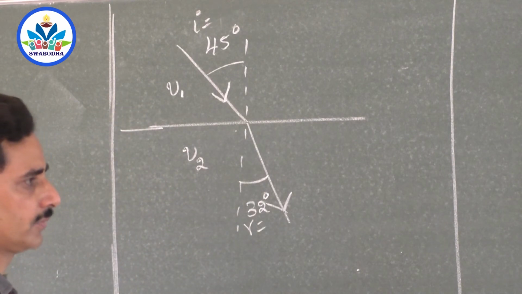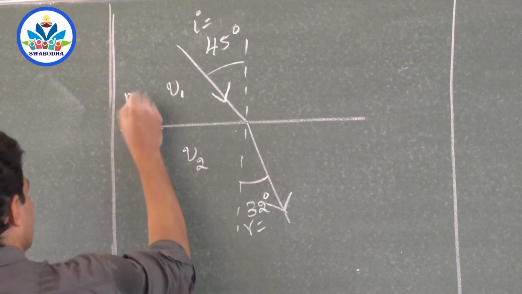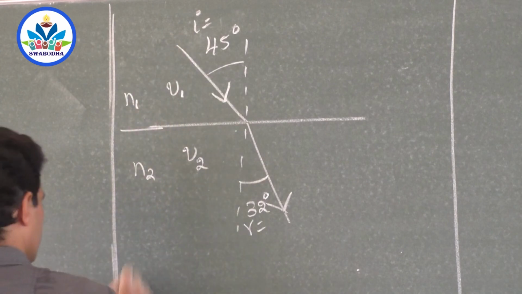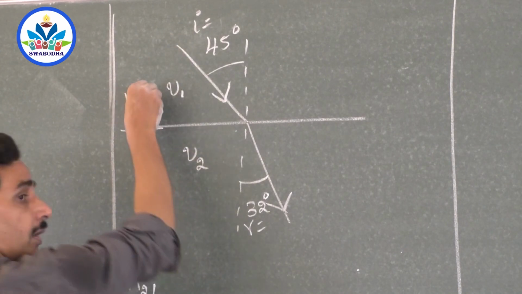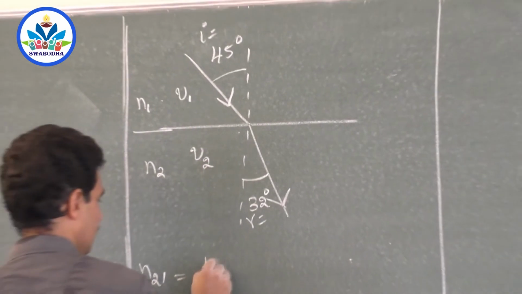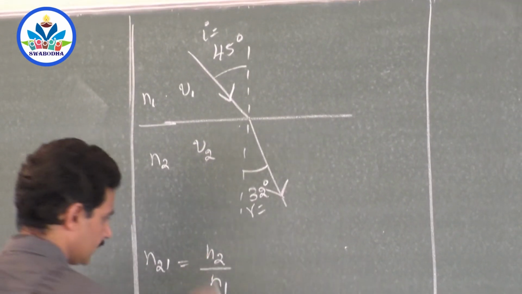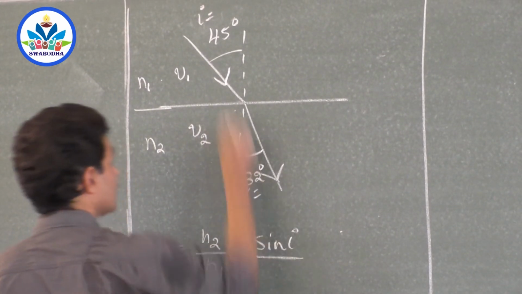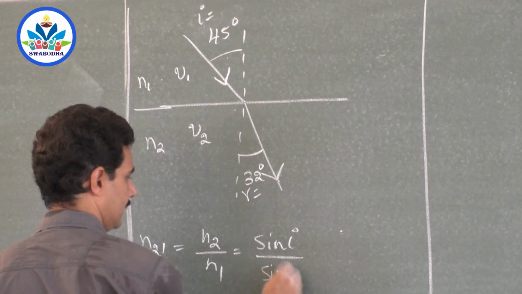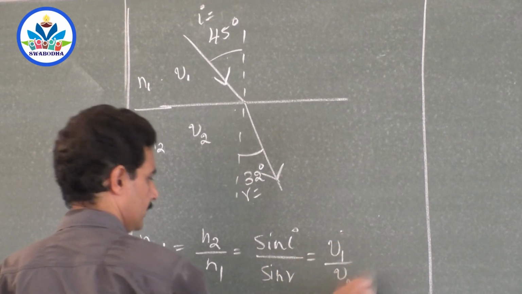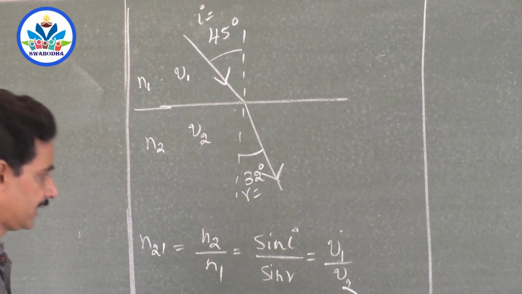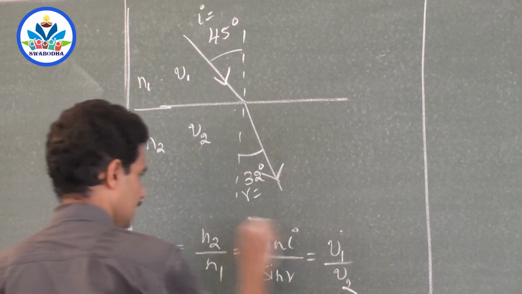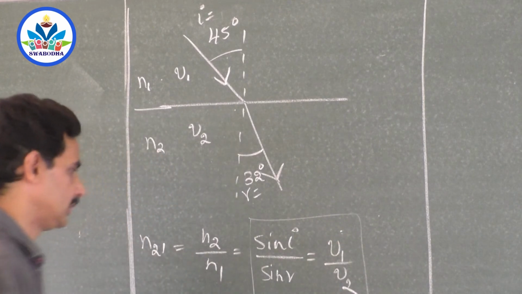So you are asked to find out, suppose this is the refractive index of the first medium with respect to air, and the refractive index of this medium with respect to air. Then the refractive index of the second medium with respect to the first medium is N2 by N1. This is the only one in the inverted form, 2 above and 1 below. All the other formulas are first medium by second medium: sin I by sin R, and the speed of light in the first medium to the speed of light in the second medium. Now I think you can connect these two: V1 by V2.